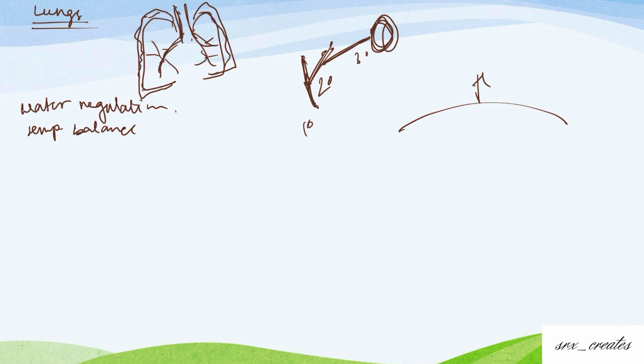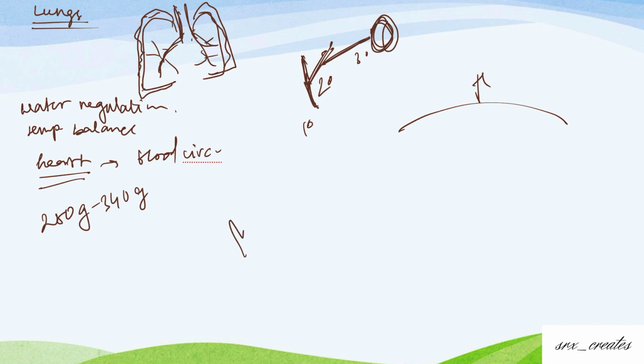Heart. Now heart is what? Circulatory organ. Helps in blood circulation. Normal adult heart weight is 280 to 340. Now, heart is a muscular organ. And what's the shape of a heart? It's a fist of our hand. Let's say this is our hand, when we punch, we put all our fingers inside our palm. That portion, the fist, that is what our heart shape is. Okay?